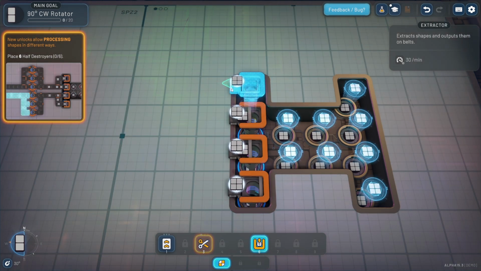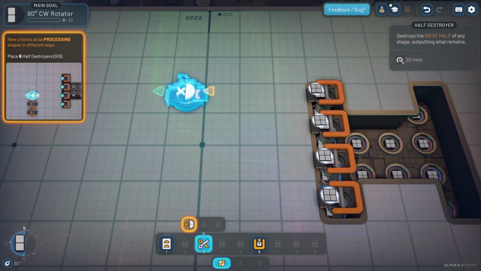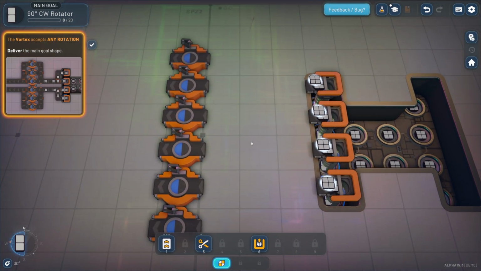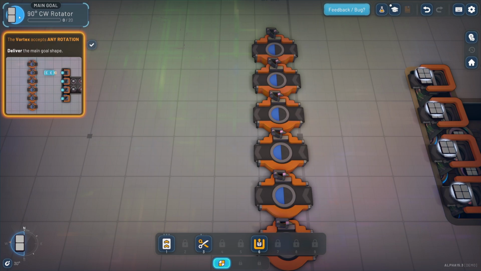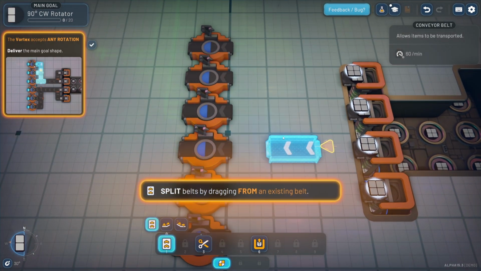So I'm going to put a 4 block here. And I'm going to do destroyers here. So we want to do 6 destroyers. So if we do it like that, that's going to be 6. So we need to deliver 20 cut blocks. So if we switch to the belts,